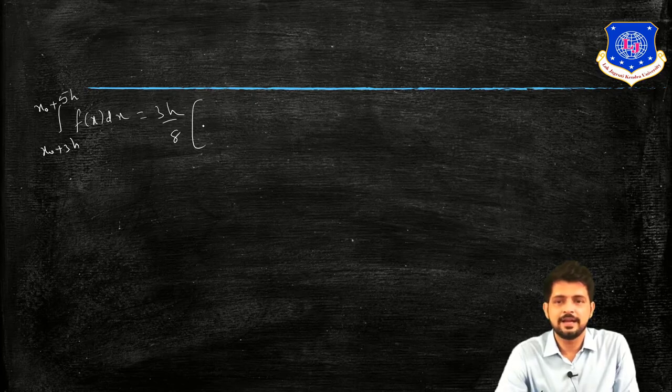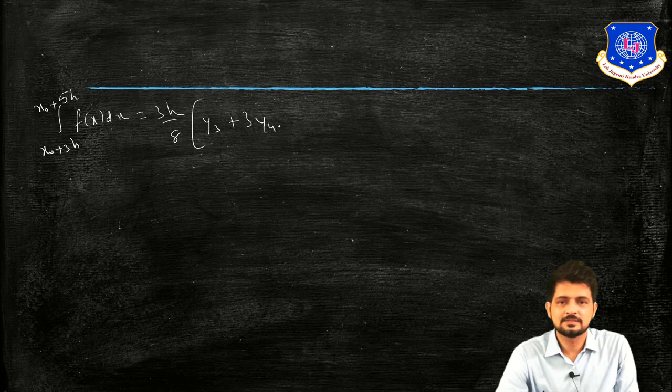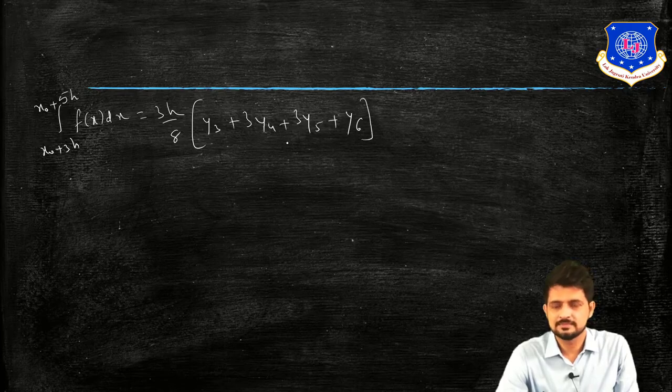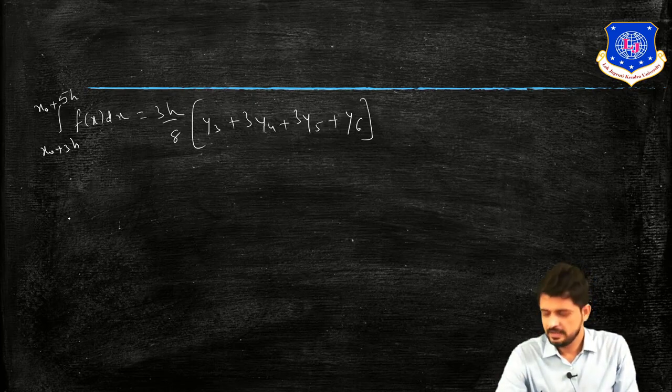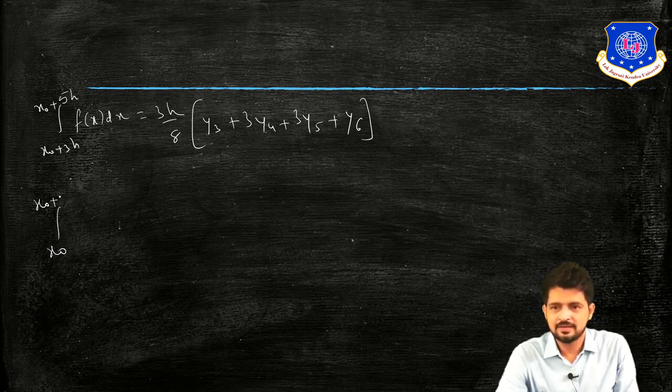3h by 8 y3 plus 3y4 plus 3y5 plus y6. Okay, and by adding all of these integrals, my last answer will be like this: